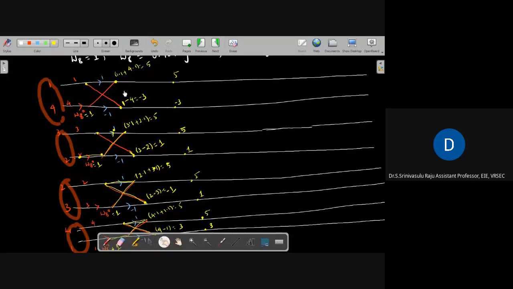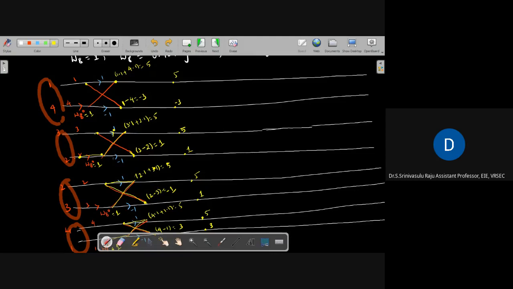Please listen here. So we frame 4 blocks here: block 1, block 2, block 3, block 4. Now we need to find the output values. How will we find the output values? Here, 1 into 1, this 1 multiplied with 1 because we have a multiplication factor. 1 into 1 plus, you see here, the odd sequence is not having any multiplication factor. Minus 1 will appear only here. So 4 into 1 will come and appear here.